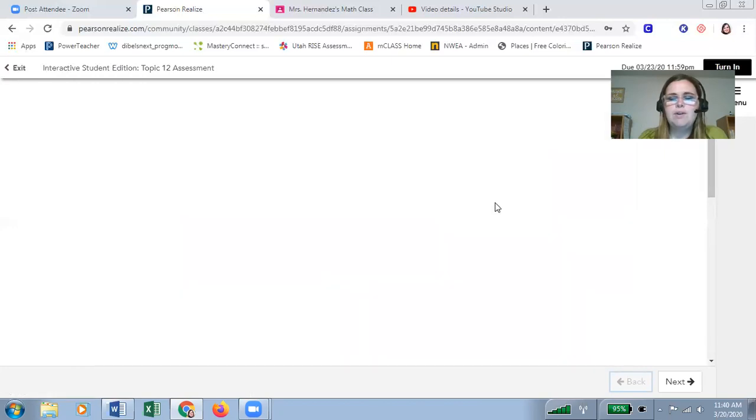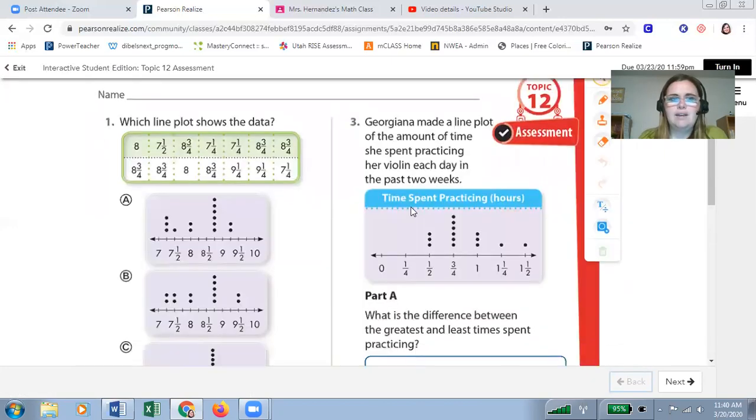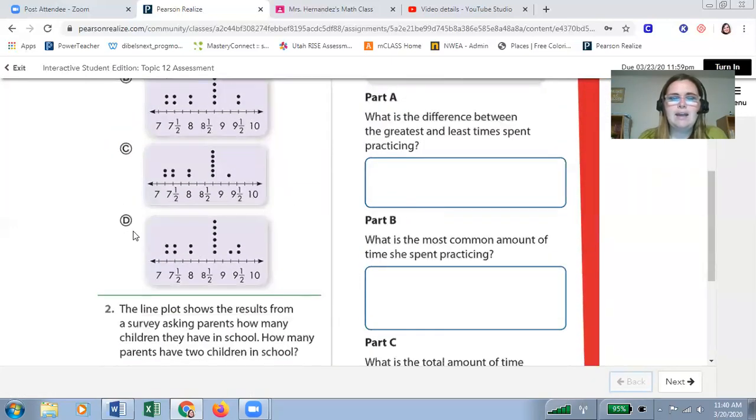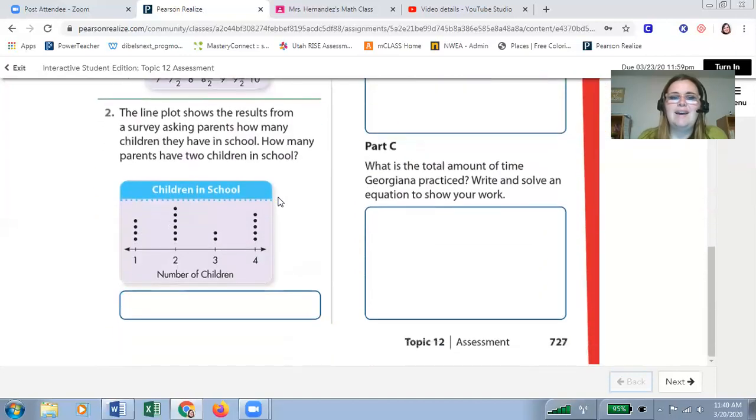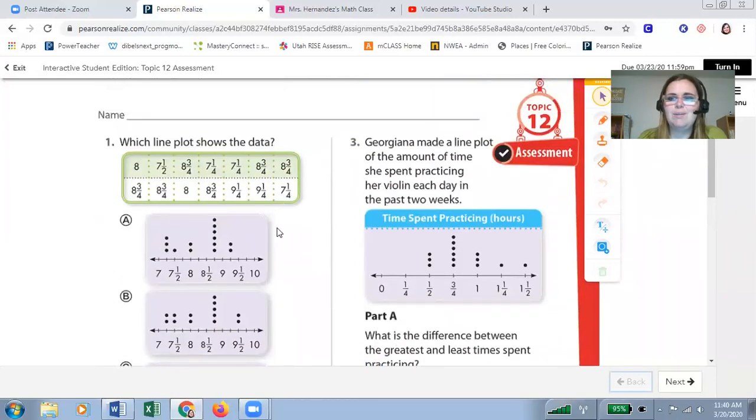For example, if you were to go back and look at my page and say, I did all the work and it's not there anymore. What happened to my answers on my practice test? Don't worry. For some reason, it will show up like this on your page, but when you press the turn in button up here in the corner, it all shows up the exact way you did it. I don't know why yet in the program it's doing this, but let's